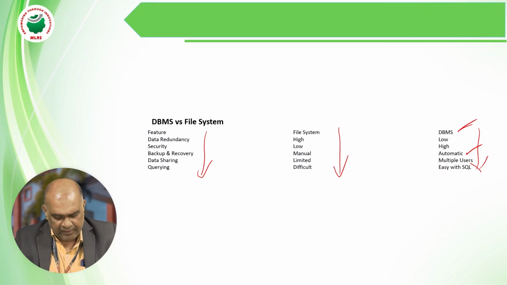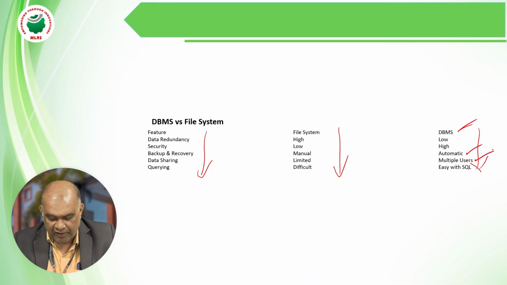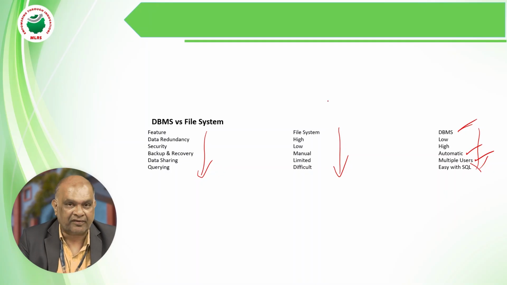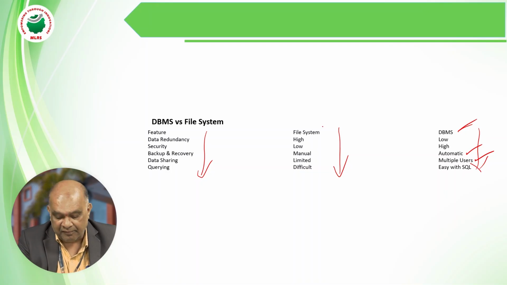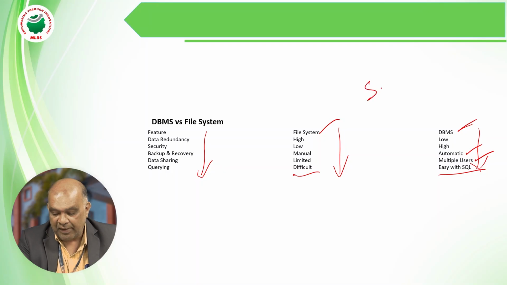for further storage of the data. Then the data sharing: in the case of a file system, data sharing is very limited, whereas in a DBMS, multiple users can share because we are in distributed databases. When we talk about distributed databases, that is the simple concept where more users are going to be sharing your data. And querying the data in a file system is very difficult, whereas here it is very easy with SQL,